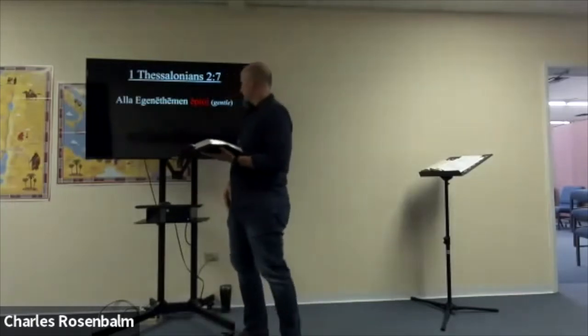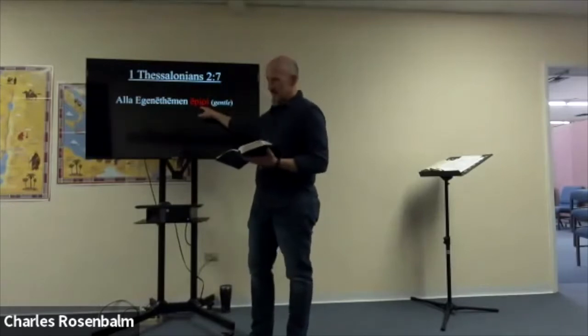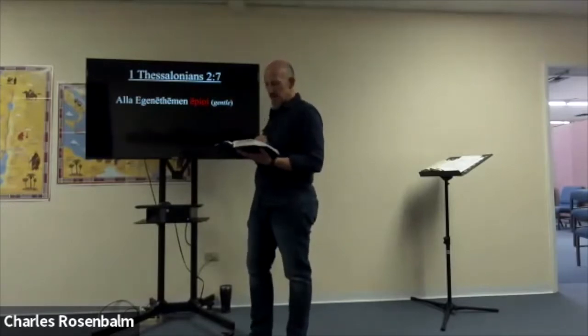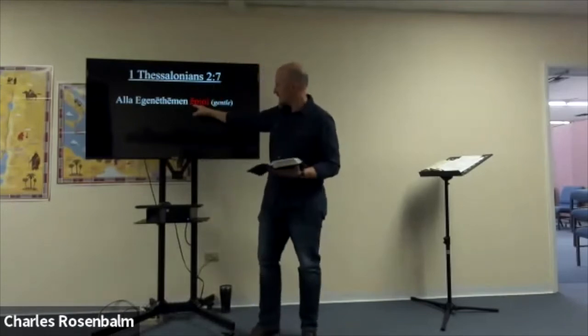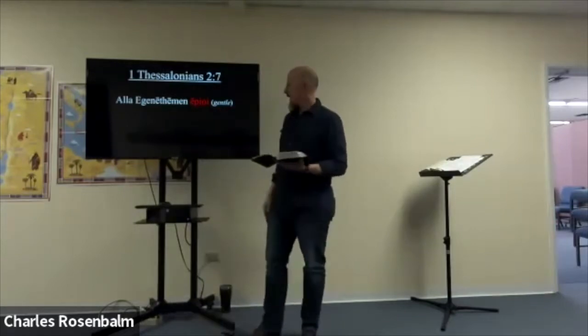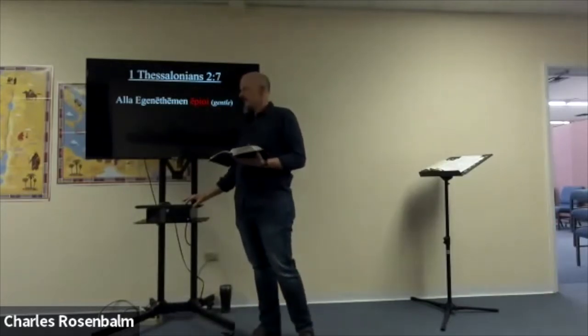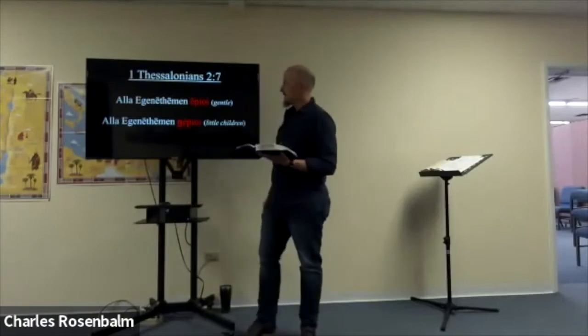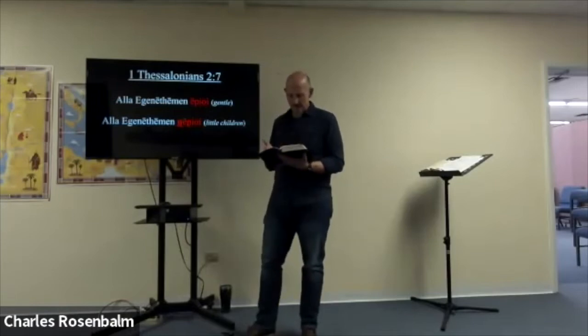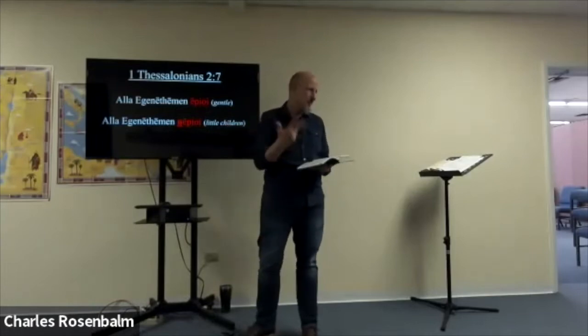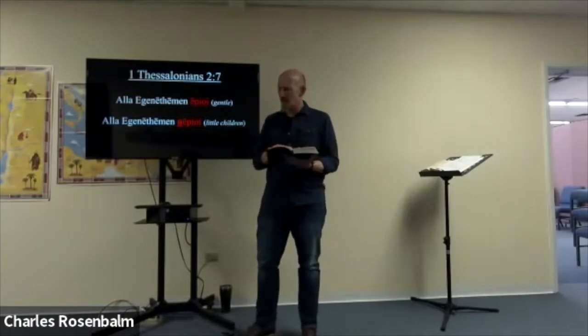So typically, most translations go with gentle. Now, you might see the NIV has a footnote that says it. And the Greek word for gentle is here in red, epioi. Now, some translations say, and we were like young children among you. The NIV does that. What's the difference? One letter. One letter. I don't know what most text critics say, but young children doesn't contextually make sense. We were like young children among you.